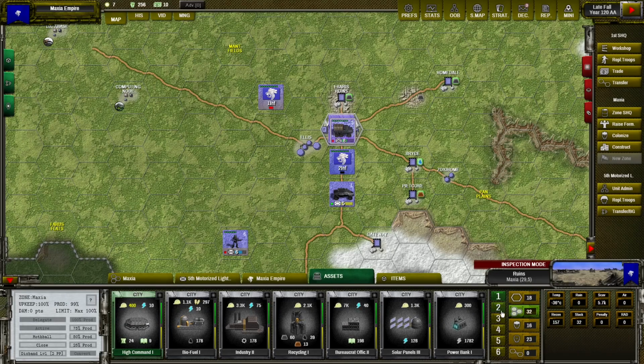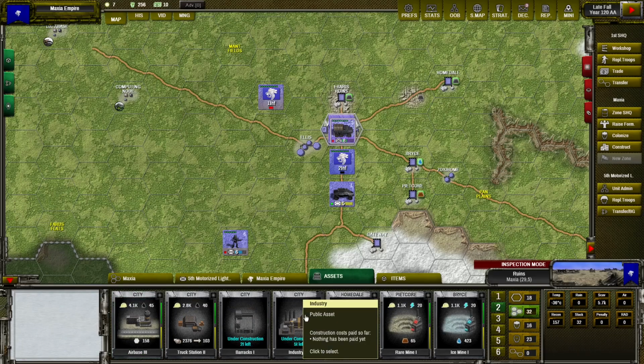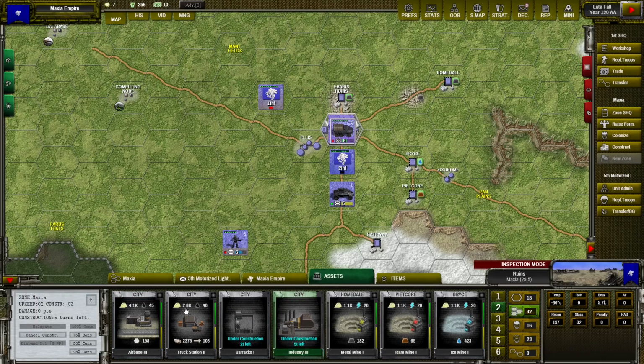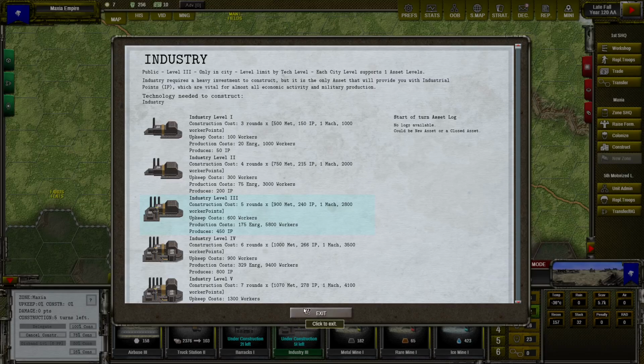Now, when I find my new construction here, I can click on it, and on the left, I can reduce the speed of the construction. And also, it will reduce the amount of resources that I need each turn. So if I decrease it to 50%, then I don't need to spend 900 metal each turn, but 450 metal. Of course, the construction will then take 10 turns because we have slowed down by half,